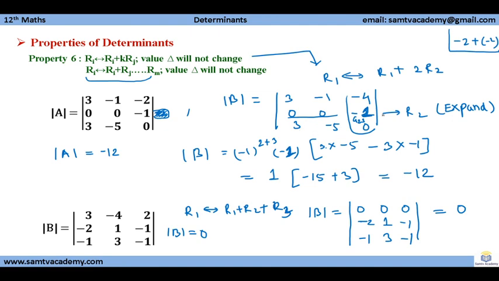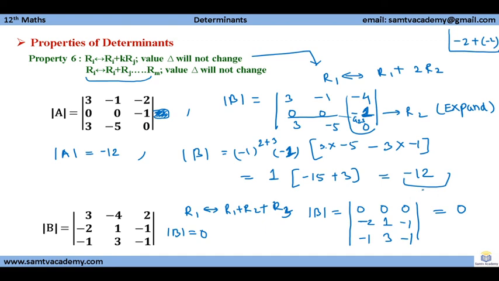5, 0, and we are expanding it along R2, so determinant B will be equal to minus 1 for the sign, 2 plus 3 the location, and the element is minus 1. This sign change will give it positive, and we are left with, if we are taking this element, we have to leave this row and this column, so we are left with 3 minus 1, 3 minus 5. So 3 into minus 5 minus 3 into minus 1, this will give minus 15 plus 3, so here we get 12 only.